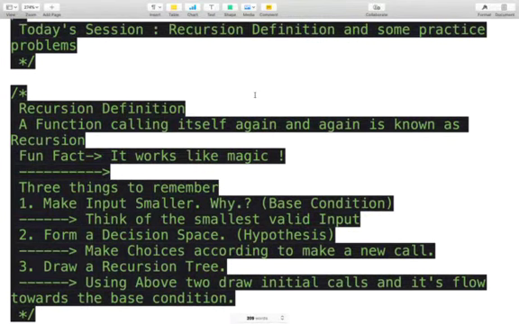Hello everyone. Today I'll be taking a session on recursion, and I'll talk about the implementation of recursion and the intuition behind this concept. Okay, so the basic definition of recursion is a function calling itself again and again. It is known as recursion. You might have already heard of this definition, but in this session I'll talk more about the implementation and